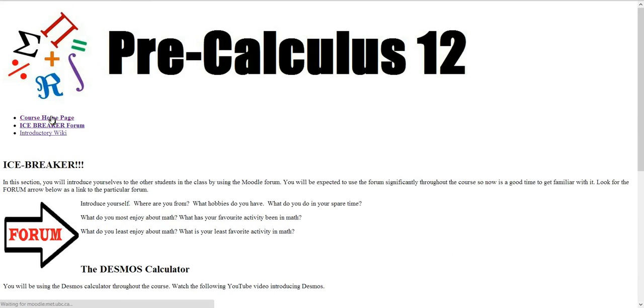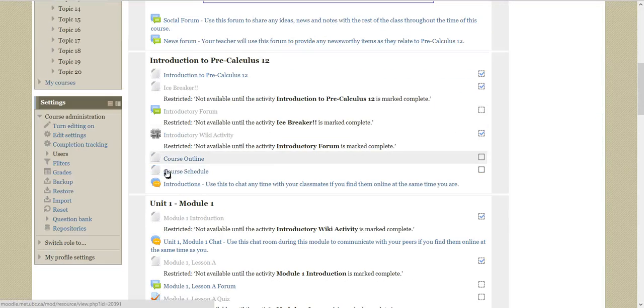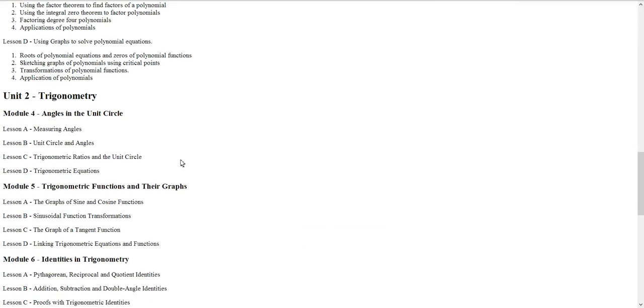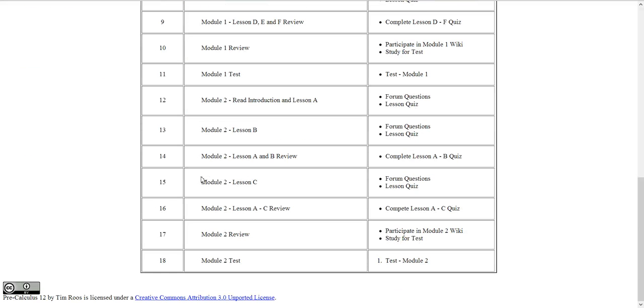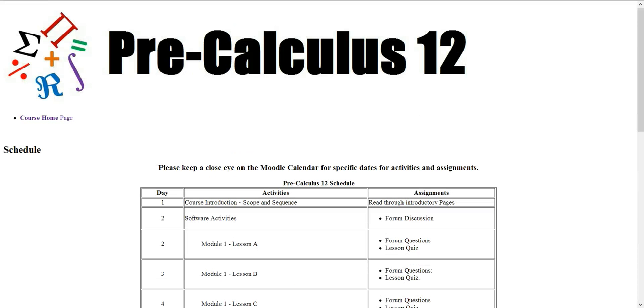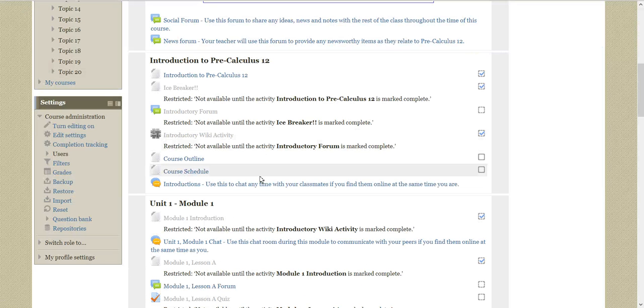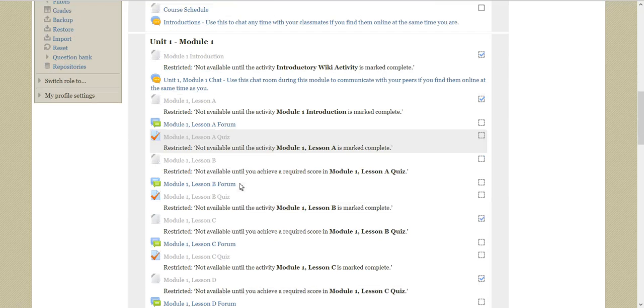So going back here to the course homepage, going further down into the introductory. Okay, so again with restricted access until the icebreaker activity is done, then they participate in the introductory forum, introductory wiki. They're also provided with a more detailed course outline as shown here with objectives. They have a course schedule right here which shows what they need to do and on what day, and I would add that to it when I would provide the specific course, and then a chat where they can chat with each other. Then in Module 1,